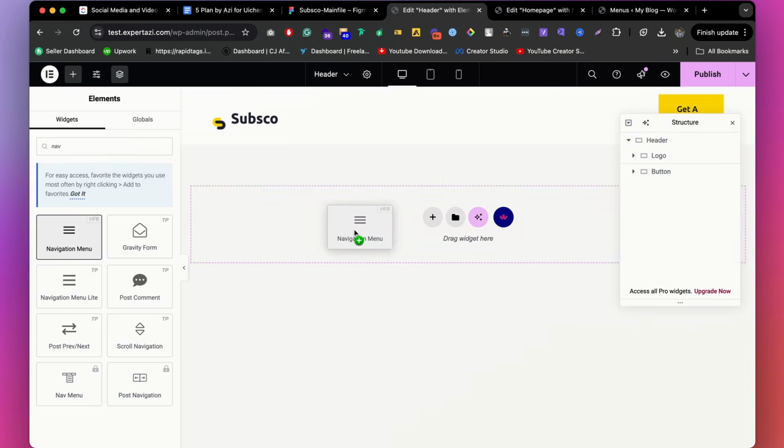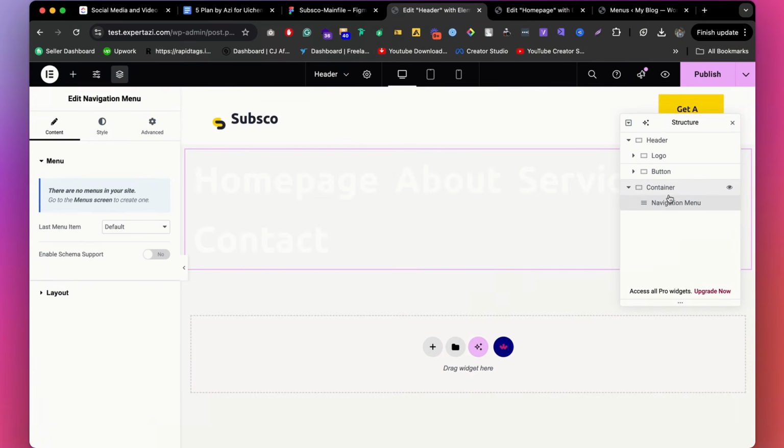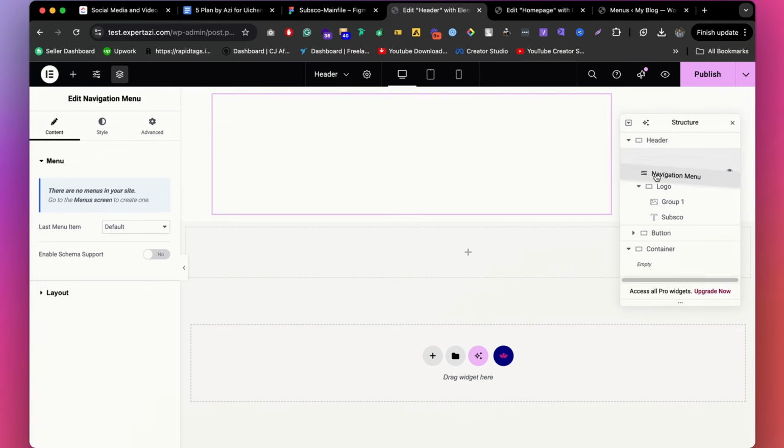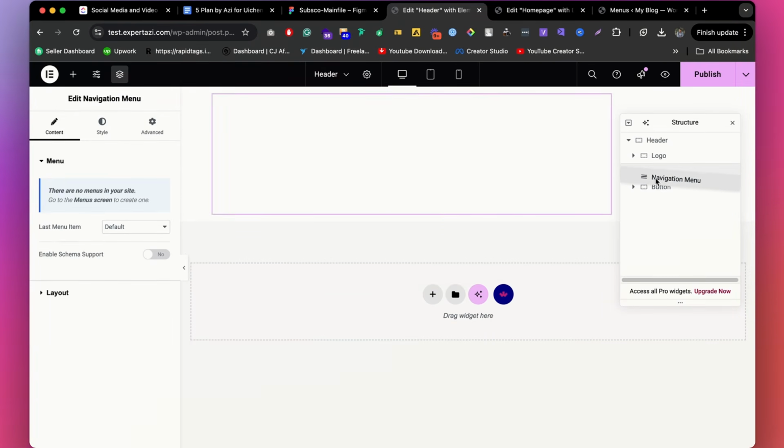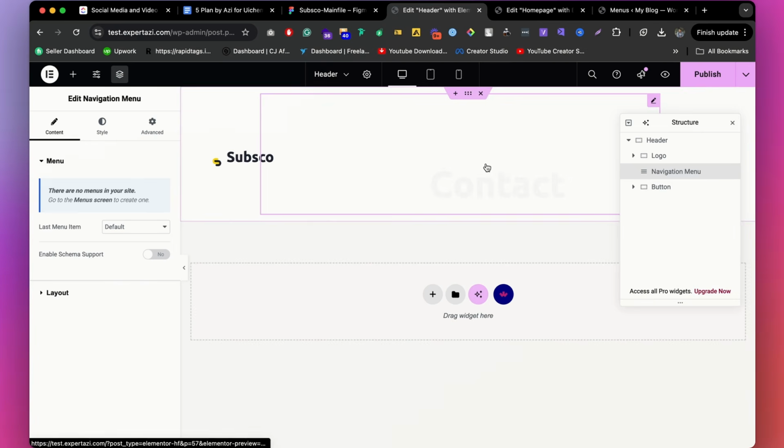Simply just drag and drop, or if you cannot do it, just drag and drop any of this, and now bring it back to the top, as you can see, this way. Okay, so this is the logo, this is the button. Remove the container and place this into the middle. Now it's placed in the middle, but the problem here is that if we simply select this,